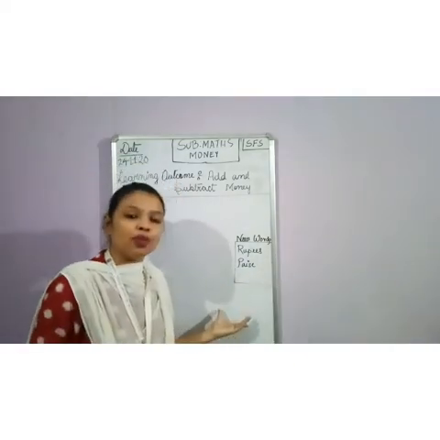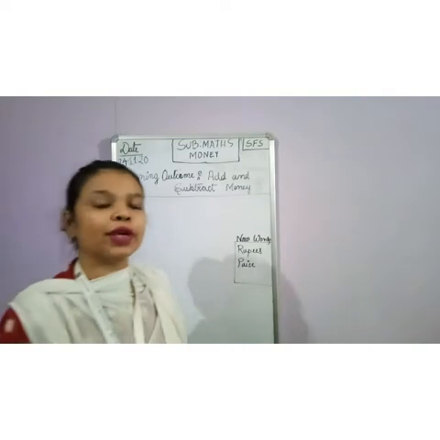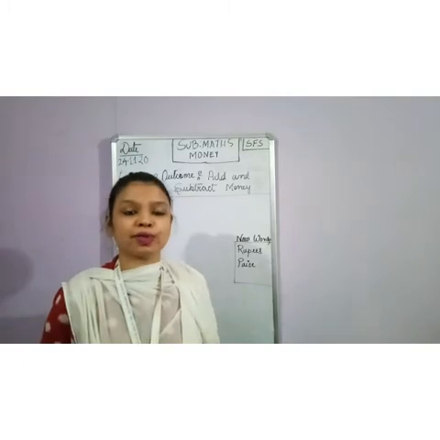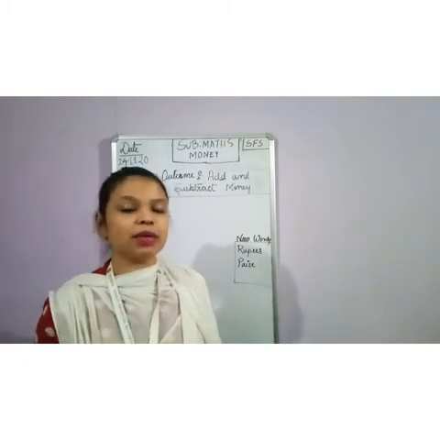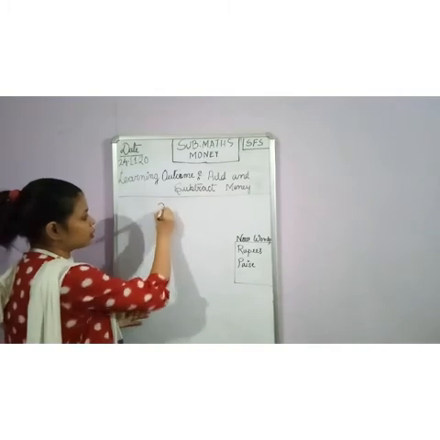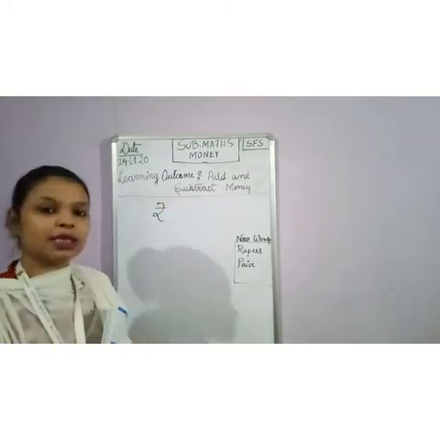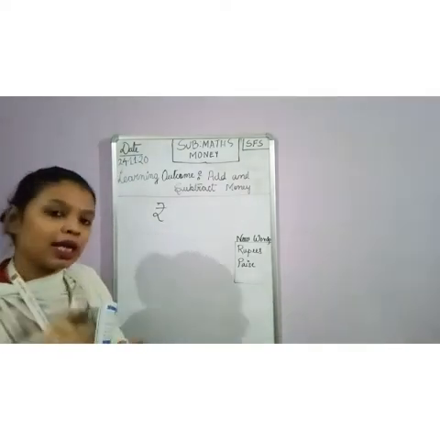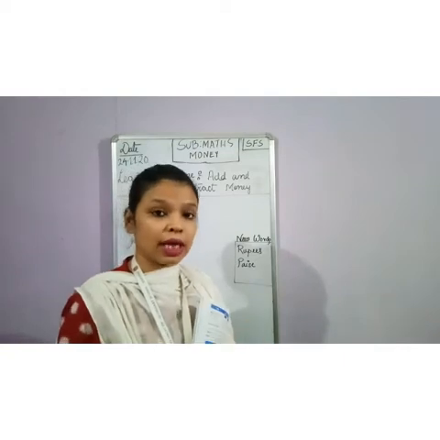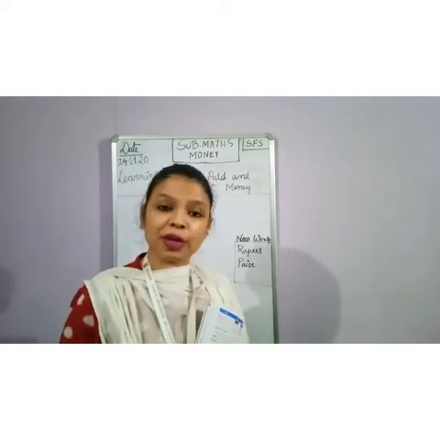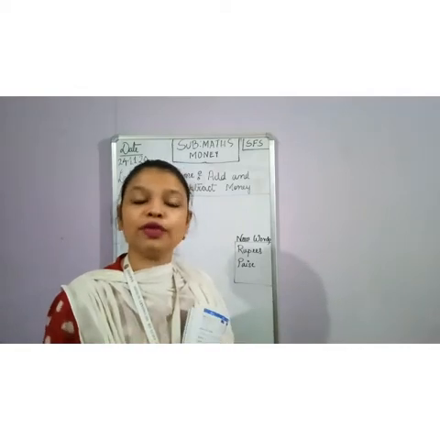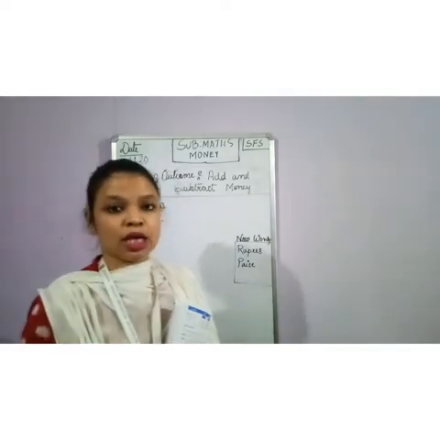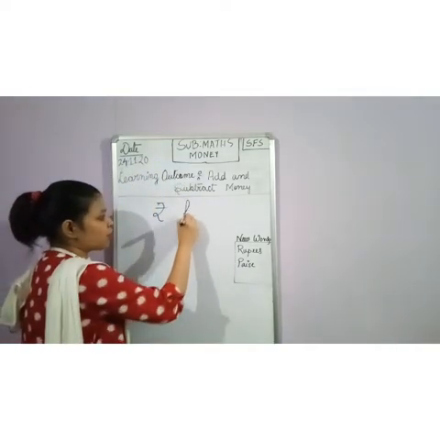Okay. Now, before starting the class, let us recall what we have learned throughout the chapter. Throughout the chapter, we have learned how to express money. Expressing money is always given by the rupee symbol. This symbol is used for the Indian currency. If you have money that is less than the value of rupee 1, that means you have it in terms of paise, like 15 paise or 25 paise or 99 paise. So what do you denote? You denote by small p.